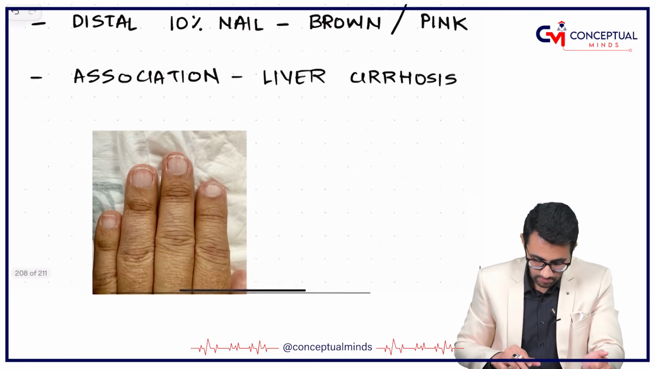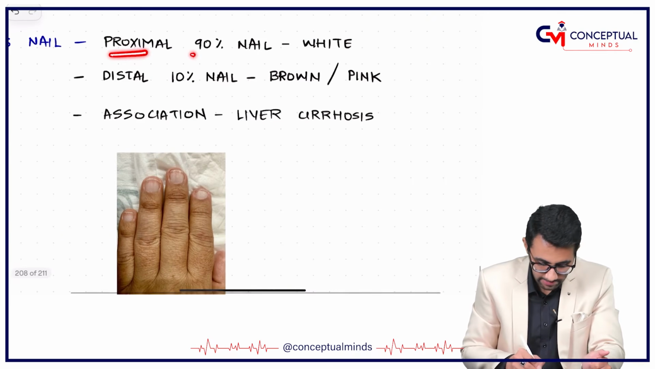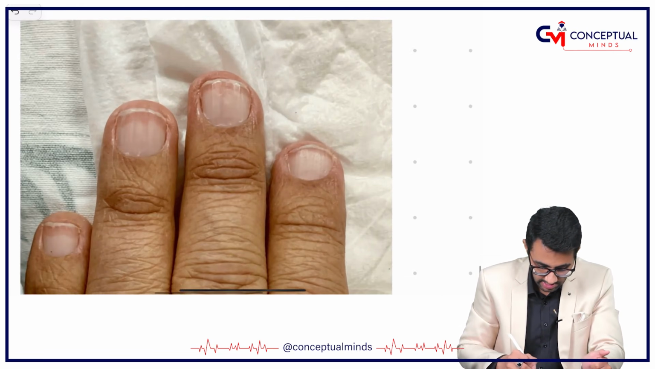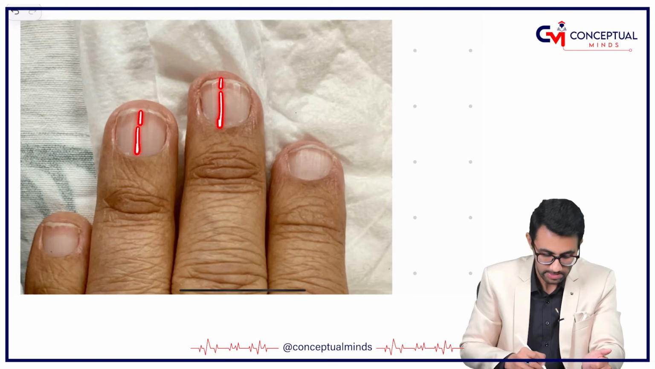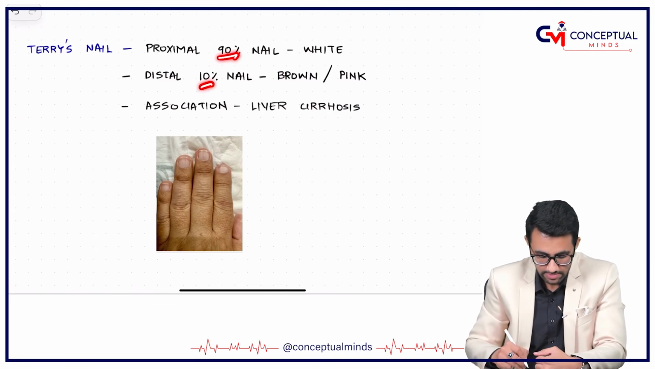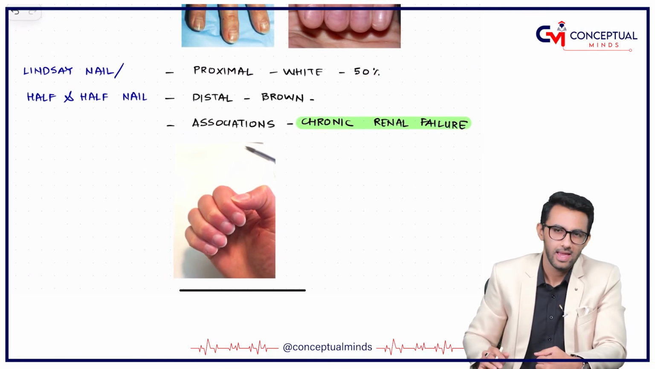Alright, fine. So this is about liver cirrhosis, and you see the proximal 90% of the nail is white, a distal 10% of the nail is brown or pink. Yes, you could see 90% and 10% part. So that was all about Terry's nail, right? Okay, so it is 90-10%, and in Lindsay's nail we have 50-50%. Okay, and